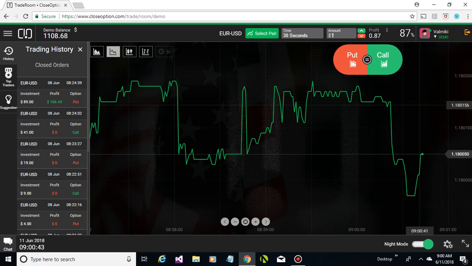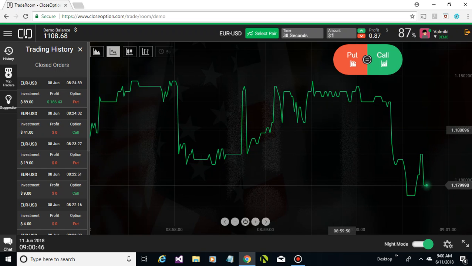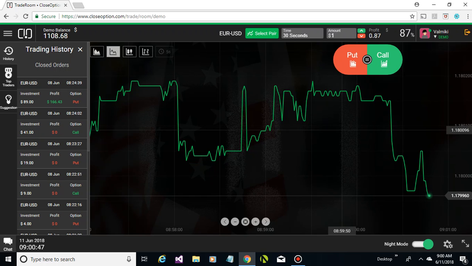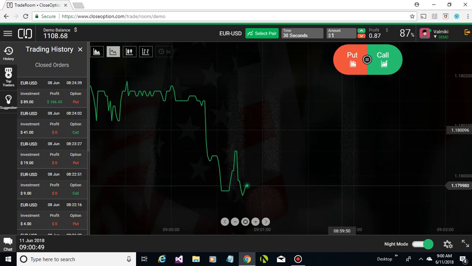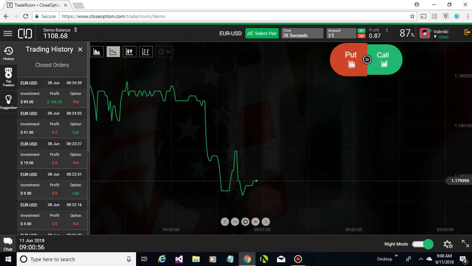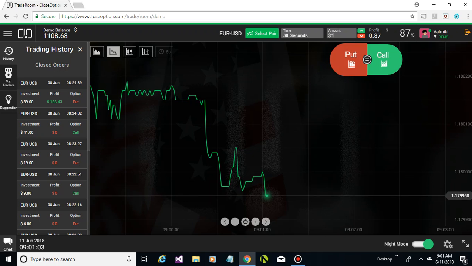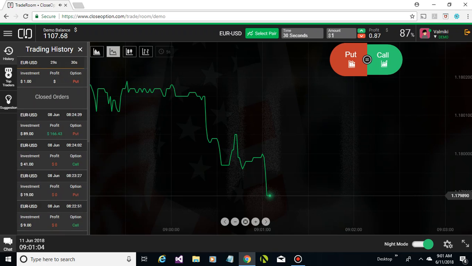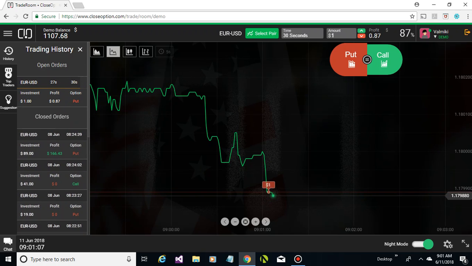It looks like the Euro USD pair is extremely volatile. It's going up and down. Right now, it's more on the downside when we look at the chart. So the first call is basically a judgment call, what you want to do. I'm thinking that the trend is going to go down. So I'm going to place my first bet on the put, since I'm predicting that the price will go down